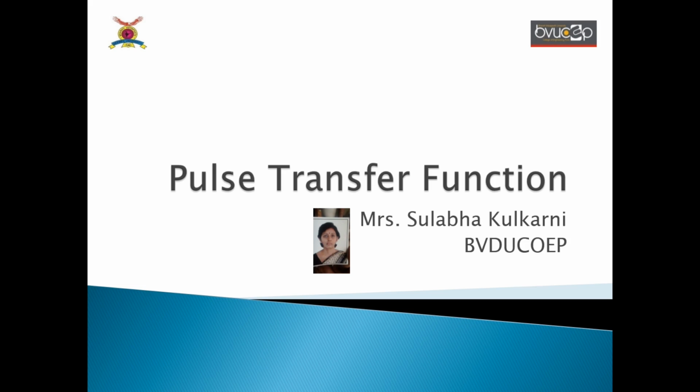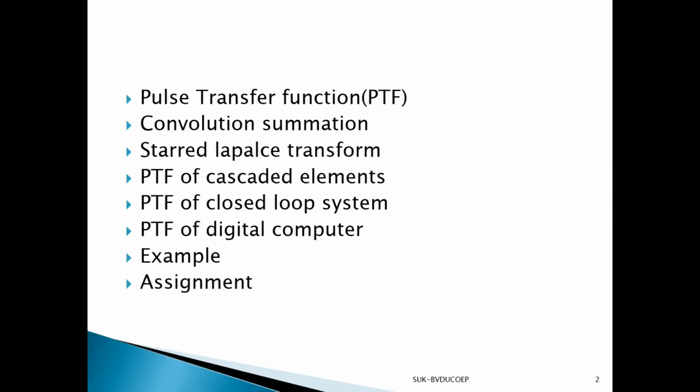Now you may understand that mathematical modeling is very important in the control system. So when you go to digital control also, the mathematical model is very important. You have studied the transfer function in the continuous time system. So what is a transfer function of a continuous time system? It is the ratio of the Laplace transform of output to the Laplace transform of input, provided initial conditions are assumed to be 0. So we will now try to understand the pulse transfer function of a digital system.